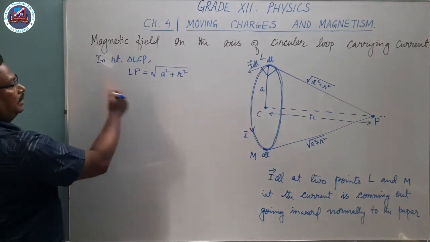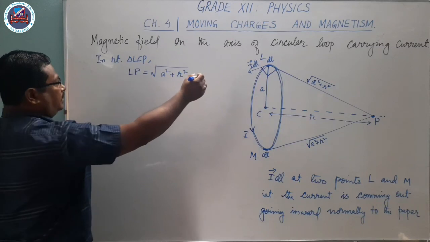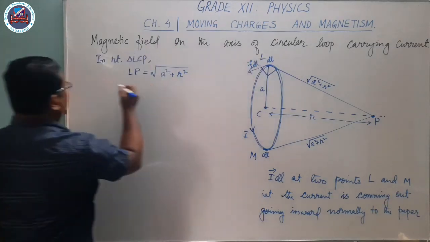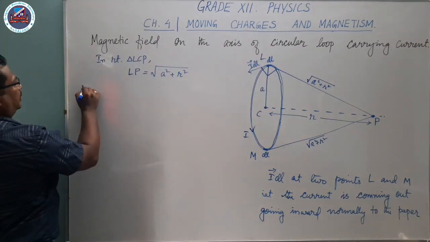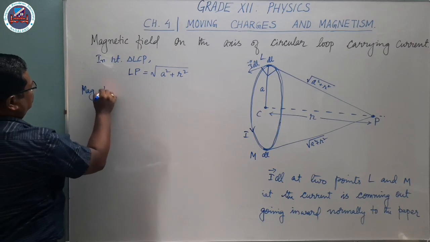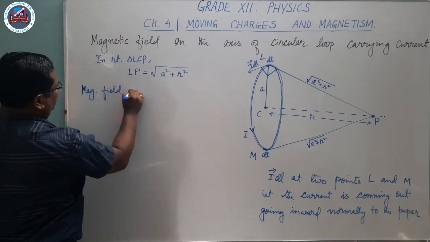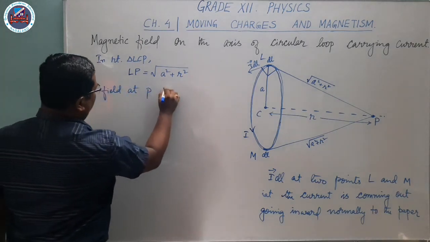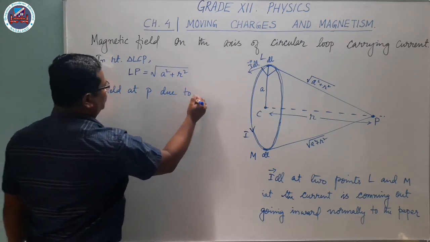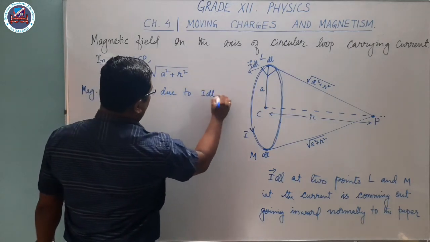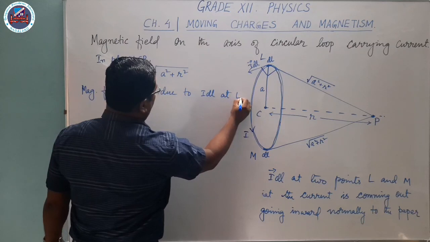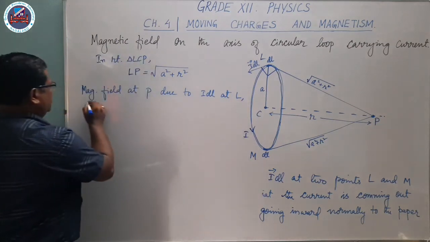So dB at P, the magnetic field at P due to the current element Idl at L, is